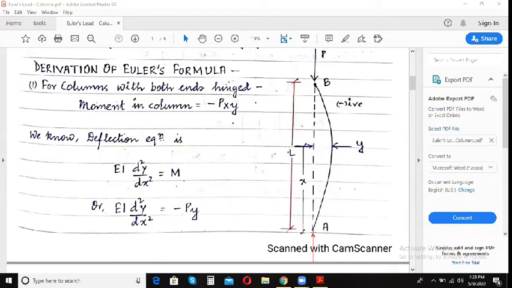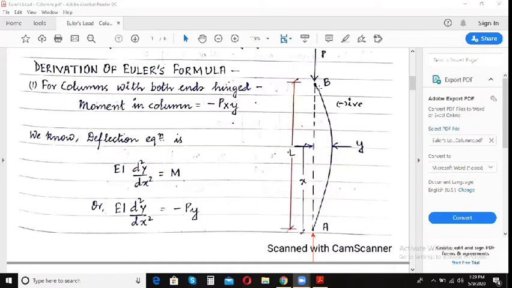Due to these vertical compressive loads, the column is going to buckle. The column is going to undergo certain lateral deflection or lateral deformation, and the maximum lateral deflection is supposed to occur at the centroid, that is at the midsection of the column, and it is given as y. And the distance from the end of the column to the point at which maximum lateral deflection is occurring is taken as x, right? So basically we are measuring x in this direction and we are measuring y in the horizontal direction.